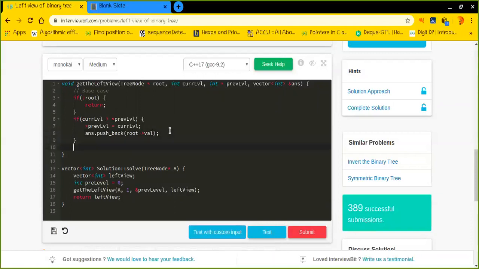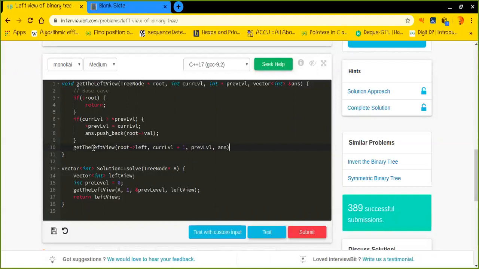Okay, and after this we will call these two functions recursively to populate the left and the right part. Current level would be current level plus 1 for the next propagation, and the previous level would be simply previous level, as it is constant throughout the process.